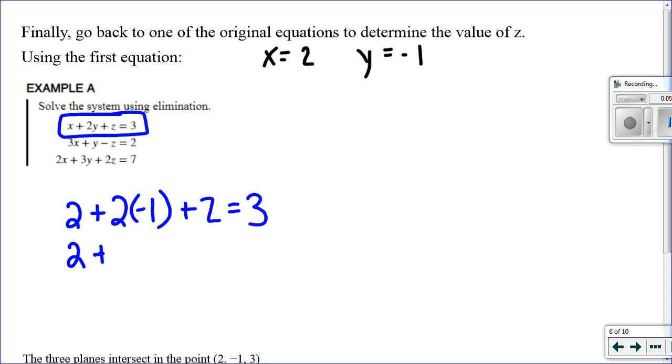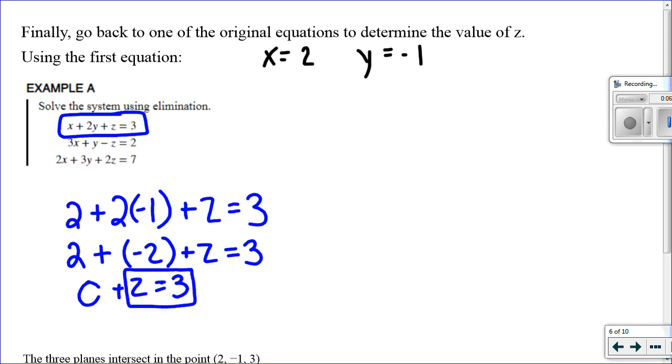So now I have 2 plus -2 plus z equals 3. At this point, I think you can finish it off, so pause the video and finish this off to find out what z is. So now I have 2 plus -2 is 0, plus z equals 3. In other words,